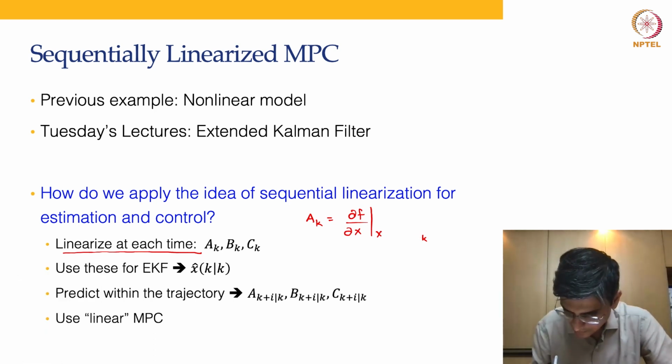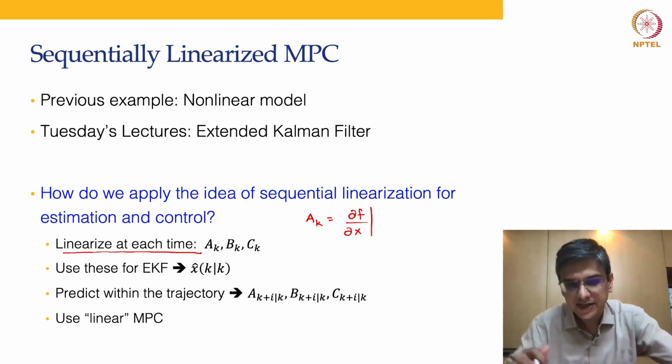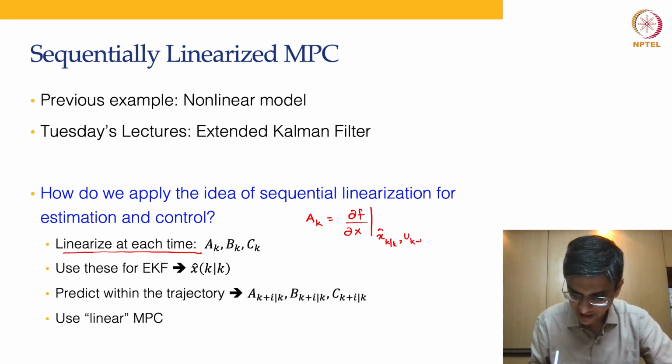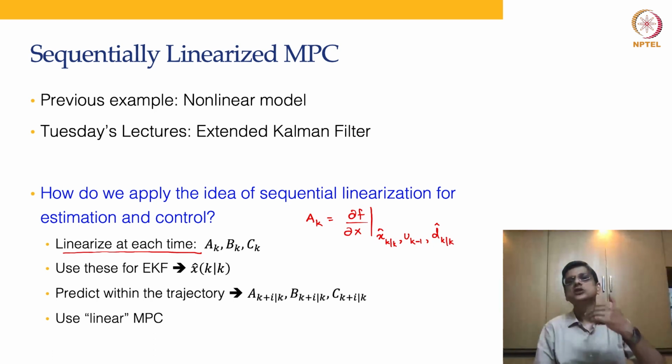It is not just at x_k, it is at x hat k given k, u_{k-1}, I'm sorry, this is what it should be, and d hat k given k. Why k minus 1 is because right now at time k we still need to determine u_k, so therefore it cannot be linearized at u_k. Okay,